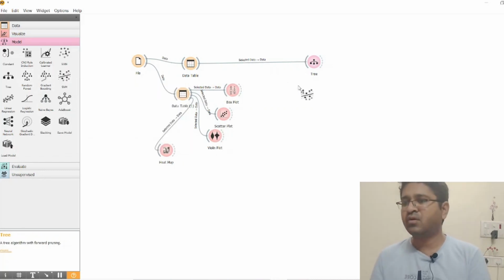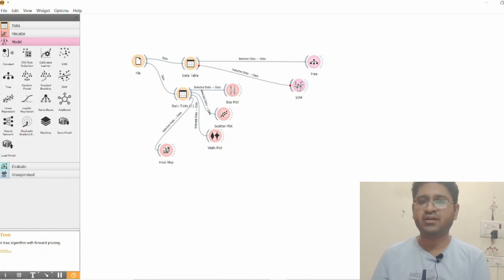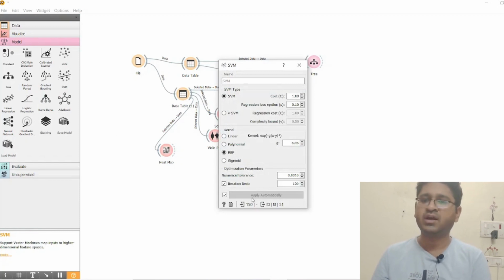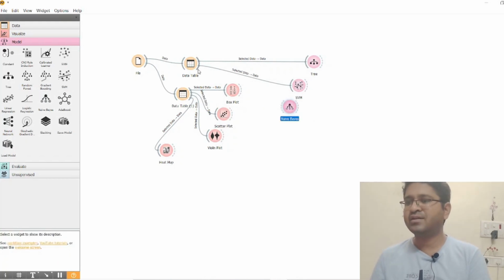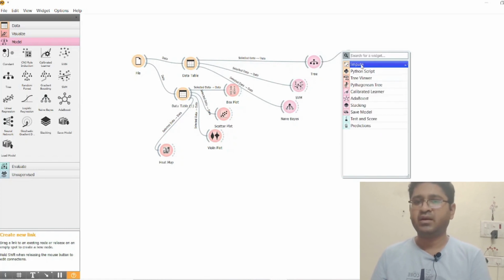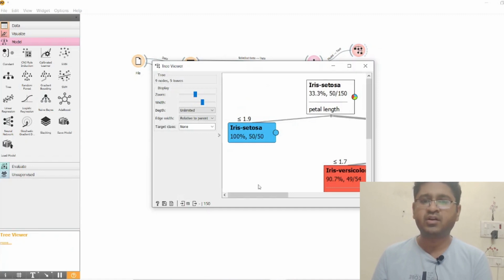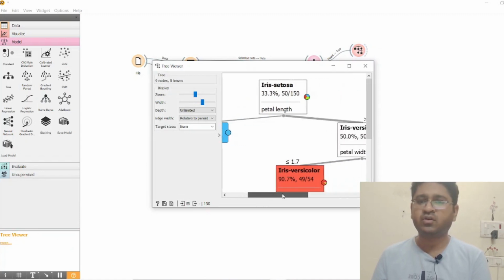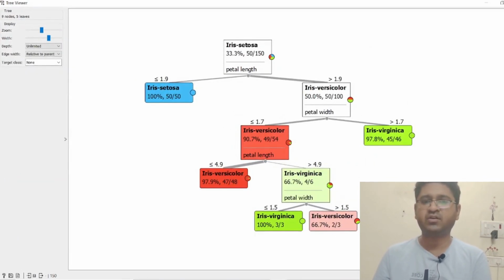Okay. Suppose I want to use the SVM algorithm. So the SVM algorithm will also be used for the same data. We can show the SVM algorithm. Okay. Then we can have the Naive Bayes algorithm. So this is the representation for the Naive Bayes algorithm. And from this side we can have the Python or tree viewer. So it will show the tree viewer of the entire data set.